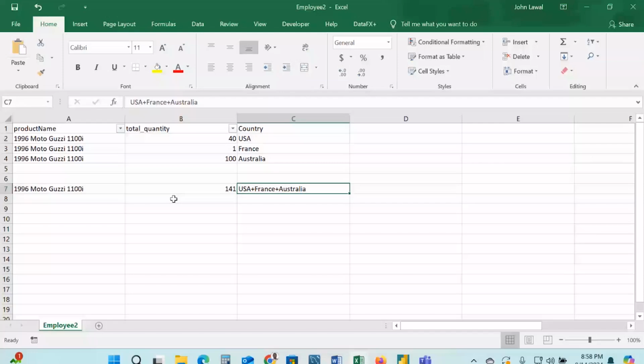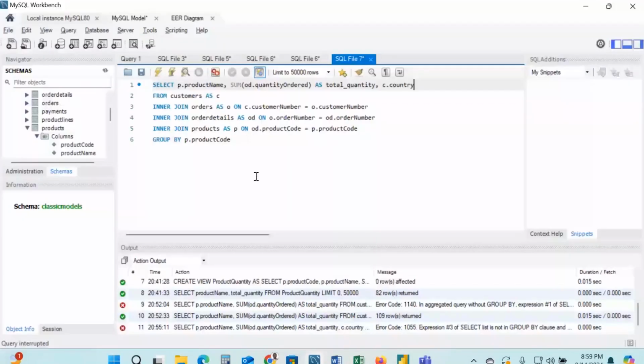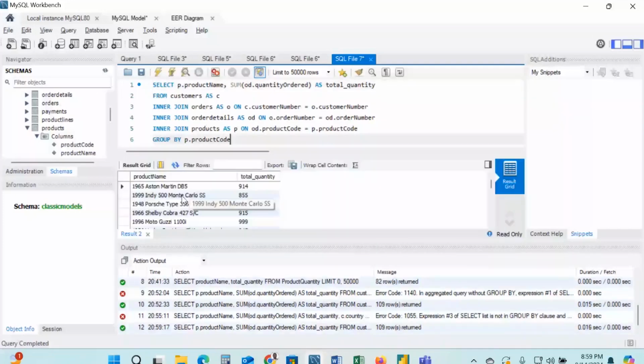But if we want it to show what it is for all the countries, so what we are saying in essence is this: we won't do this, but we will do this. So if we run this, what we have now, if we export this particular one,